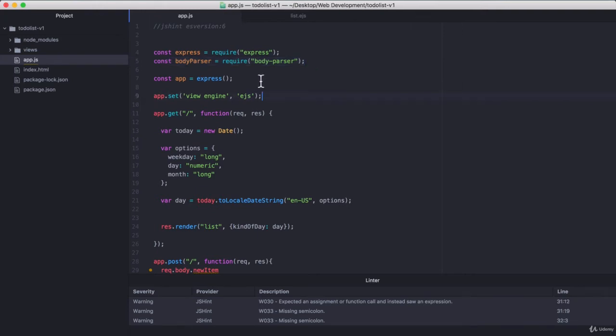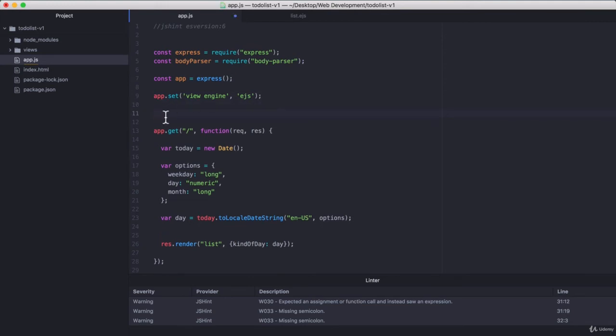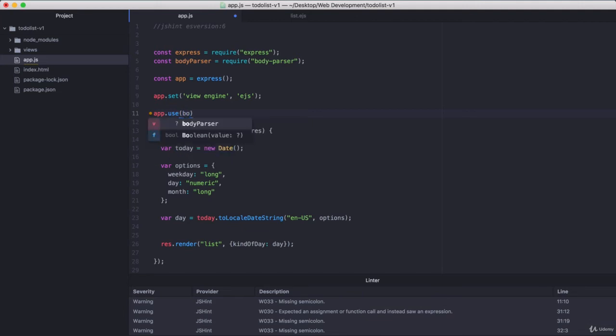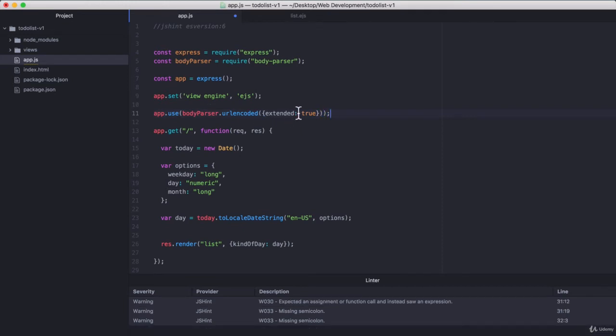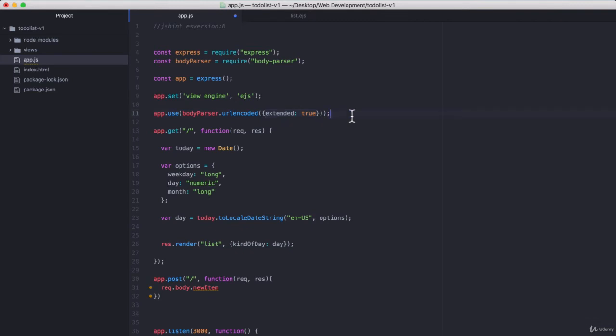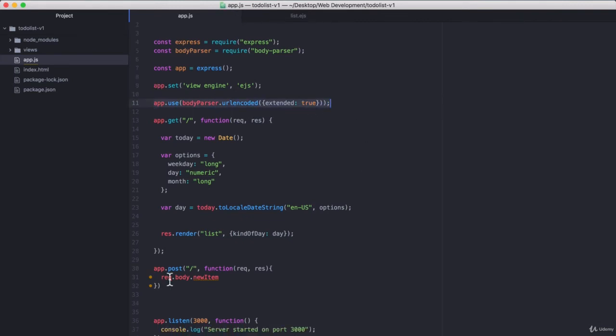Now you can write this anywhere below where we create our app, but I'm just going to add it between the set and the get. So I'm going to say app.use(bodyParser.urlencoded), and we're going to set the extended option as true. Now, it doesn't really matter if you set it as true or false in our case, but you do have to give it a value. So now that we've told our app to use body parser, we can now grab the value of newItem using this line